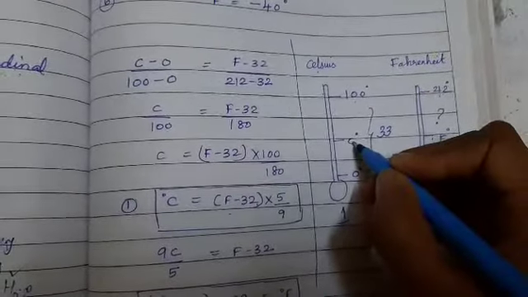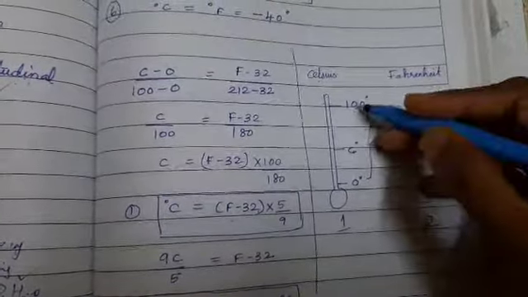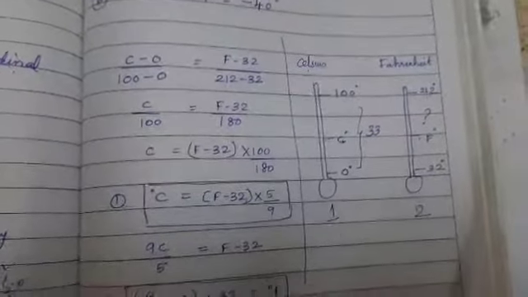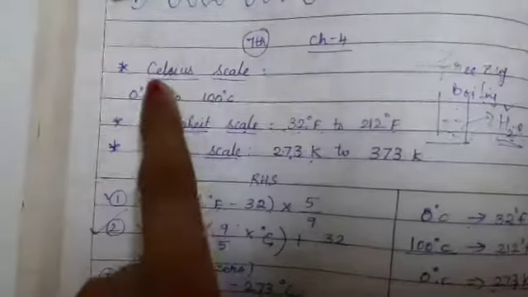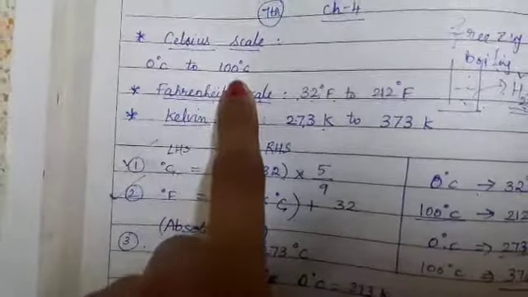I give the naming for the temperature as degree Celsius and degree Fahrenheit. They are all unknown. It can be anything between 0 and 100 and similarly from 32 to 212. Because we have the range here, a Celsius scale will always lie between 0 to 100 degrees Celsius only. Fahrenheit scale, the temperature will lie between 32 to 212 only. In Kelvin scale, the range will be from 273 to 373 Kelvin only. Right? So in between these temperatures, if I wanted to find any temperature, I should apply this formula.